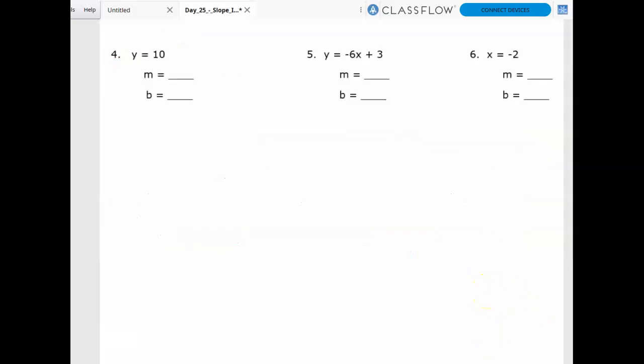Moving on to number 4. Now this is one of our special cases, y equals 10. That makes me think of HOY, because with HOY, y equals is how we write the equation. HOY helps me remember my slope is 0. And in this case, my y-intercept would just be 10 where it crosses. It would actually be a horizontal line that